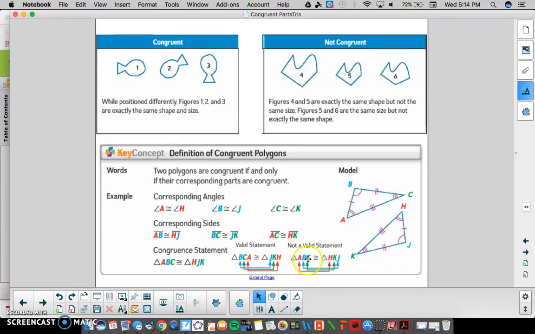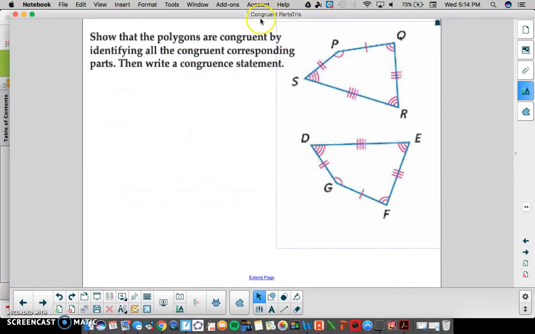A way to not write that statement would be to mix them up. Notice that A does match with H, but the second letter B doesn't match with the second letter here. And so that would not be a valid congruence statement for that example. So we have this example here for the two polygons QRSP and DEFG. We want to show the polygons are congruent by identifying all of the corresponding parts that are congruent and then